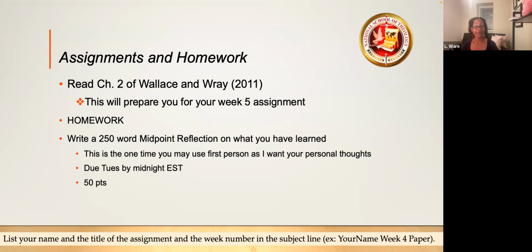Now, you do not have to give any references, but if you have a reference somewhere that you want to throw in about what you've learned, make sure that you also give me a reference page, that you cite it properly. I'm still looking for it. This should be well written, but this is something I want to know your personal thoughts. So whenever someone asks for your thoughts and what you think, you absolutely can write in first person. Okay, so I want your thoughts, 250 words. What have you learned thus far in this class?